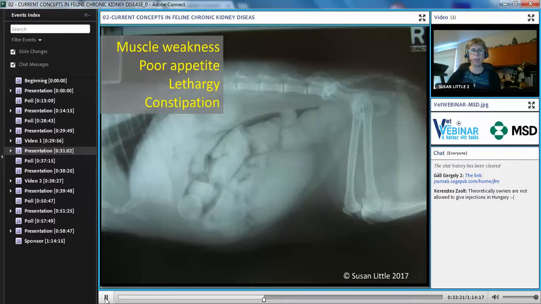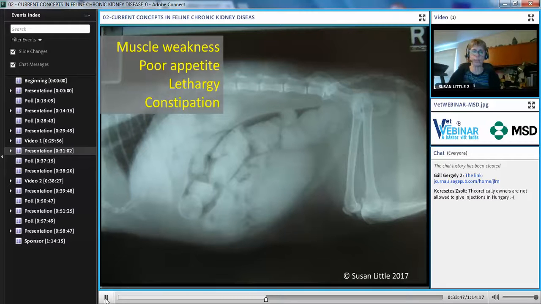But not all of our patients, hopefully they'll be diagnosed earlier than that, and the clinical signs of hypokalemia may be more vague. So just generalized weakness, sometimes decrease in appetite. So hypokalemic cats often eat better when they're potassium supplemented. They may just have less energy, or they might develop constipation problems because we do need normal serum potassium levels